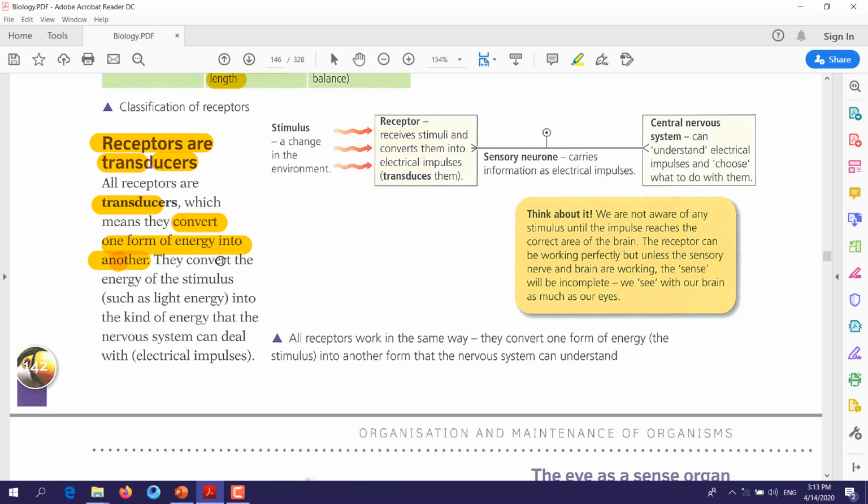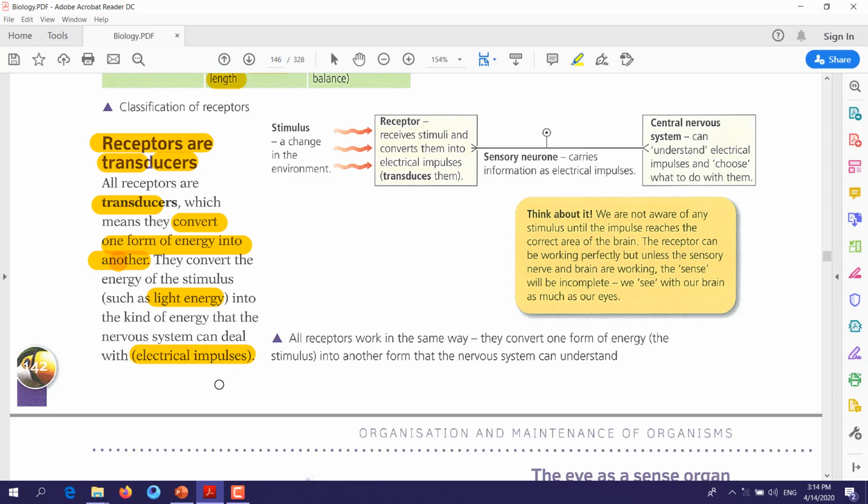How? They convert the energy of the stimulus, for example, light energy. Our eyes will detect the light energy. But this light energy should be sent to our central nervous system to process it and to take an action. But how will it be sent to our brain? Will it be sent as light energy? No, because it will be sent through the nerves. So what's that mean? It means the light energy will be converted into electrical impulses, because as we know,